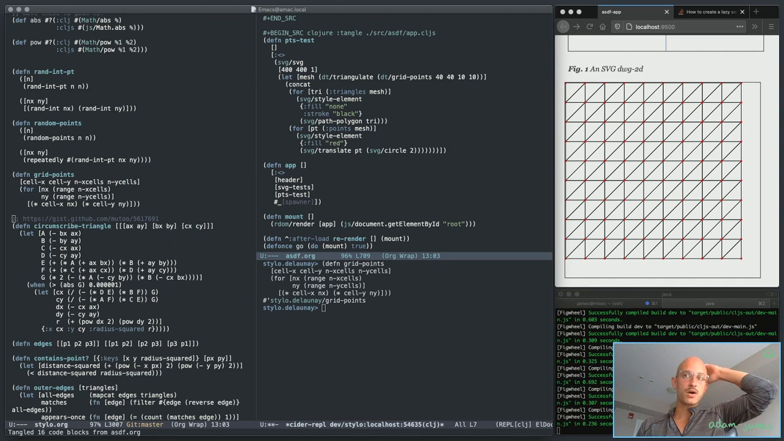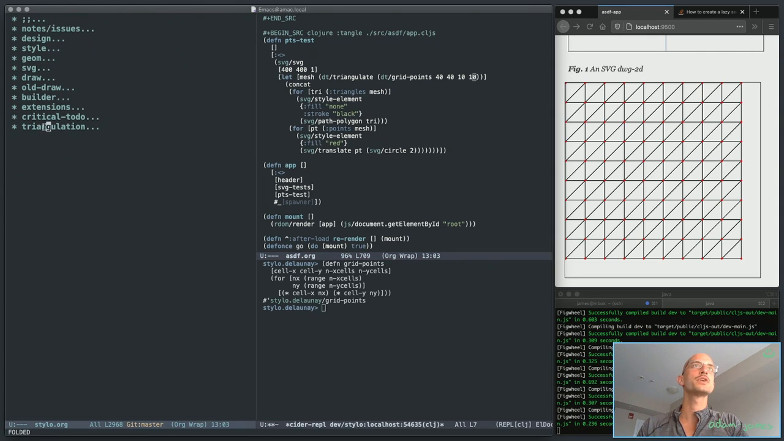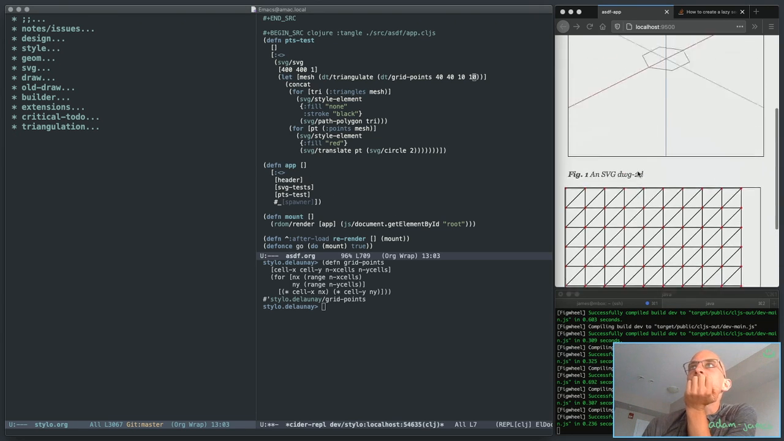Okay, so now, what do I want to do now? Now that I have some usable functions for triangulating stuff, that's good. What I want to do, so the idea I have is,